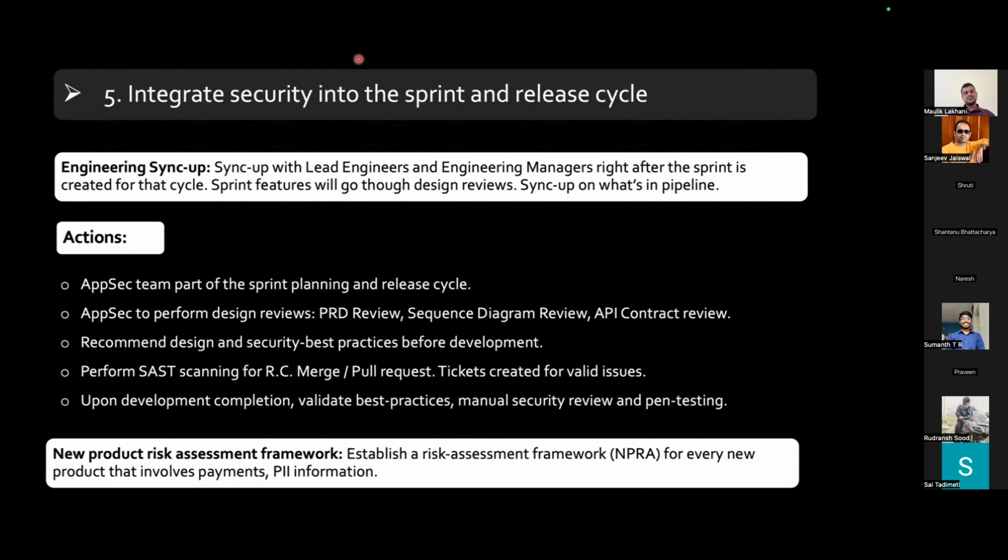And in that process, you also connect with compliance again, and you build basically an NPRA. So whenever you have the technical compliance team, whenever a big feature or a big product is going live, they will also create an NPRA kind of framework to check whether this particular feature or product involves any payment, PII, if it needs to follow any compliance standards such as PCI DSS, and all of that.